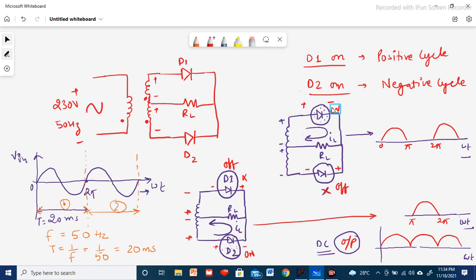The P terminal of the diode is connected to the plus and the other end is negative, so it is forward biased and current IL flows through the resistor RL. The second diode D2 is off. So we'll get the output from 0 to pi, and from 2 pi to 3 pi.